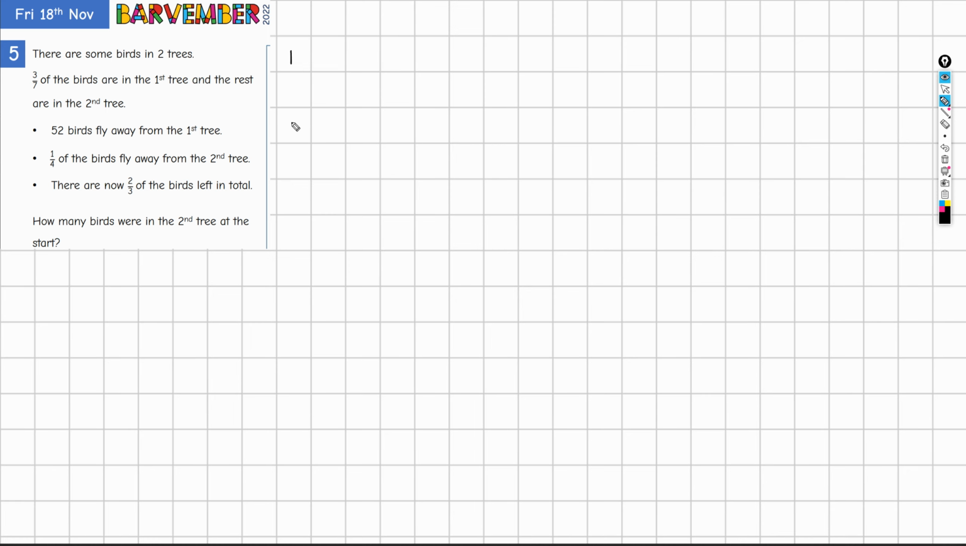Okay, so tree 1, tree 2, and we're going to do 3 parts for tree 1. And if tree 1 has 3 parts, tree 2 must have 4 for the total number of parts to be 7. Okay, so that's 3 of the 7 parts, 4 of the 7 parts. So far, so good. Then we're told that 52 birds fly away from the first tree. Okay, so 52 birds